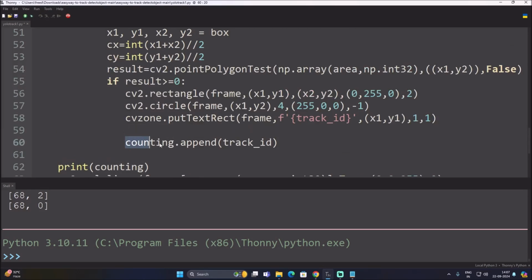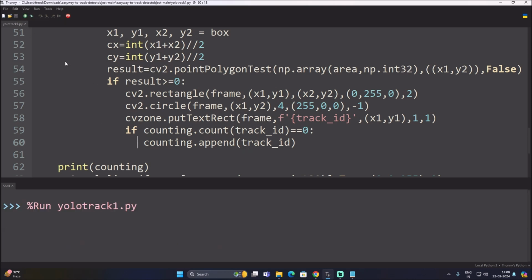Here we are appending the ID inside our counting list. So if counting.count, what are we counting? We are counting the ID. In brackets, mention not ID but track ID. Track ID is our variable. If counting.count(track_id) is equal to 0, meaning please don't count the same ID again and again, then mention counting.append(track_id). Now if I start the code again,